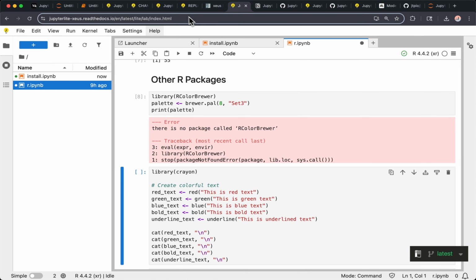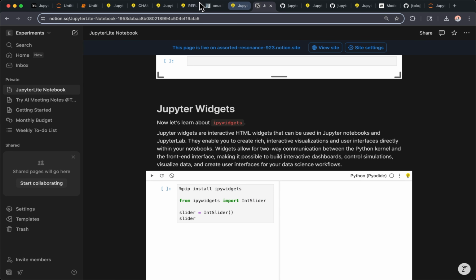Okay, that's it for JupyterLite 0.6 and all of these connected projects. And there was one thing actually I wanted to show. The other day, I was playing around with Notion. Do you know Notion? I guess, right, for taking notes.